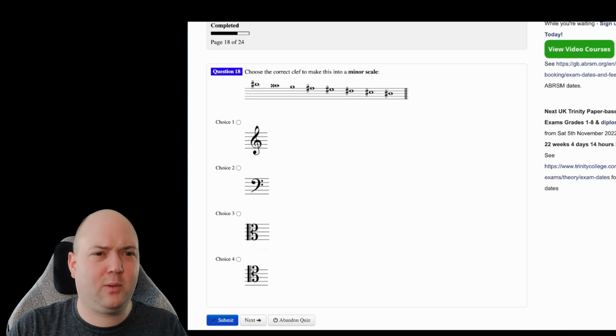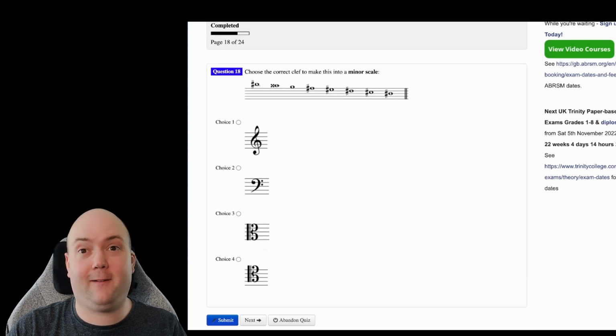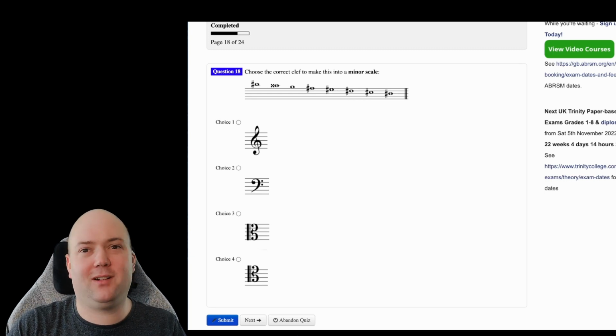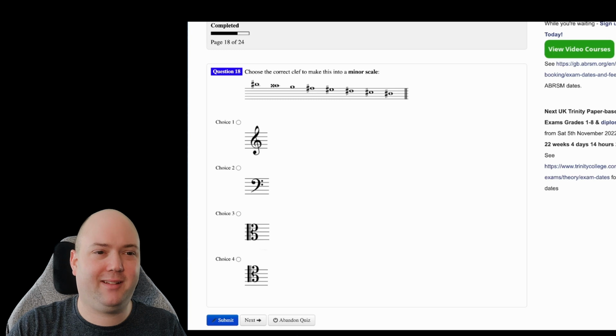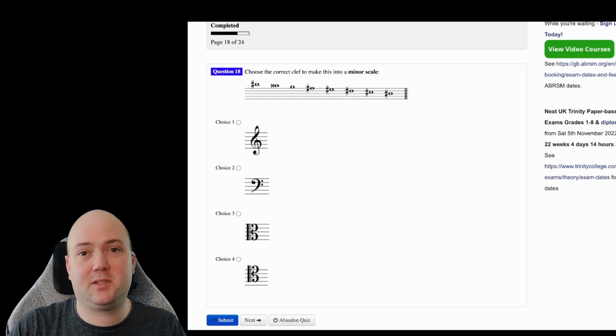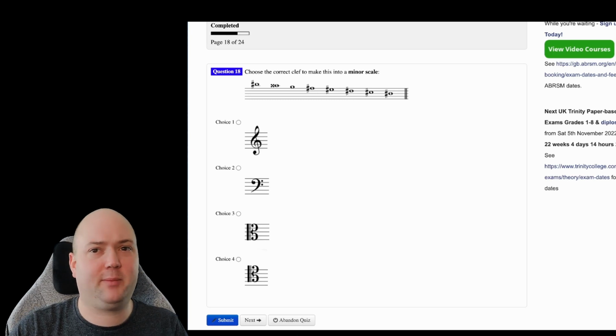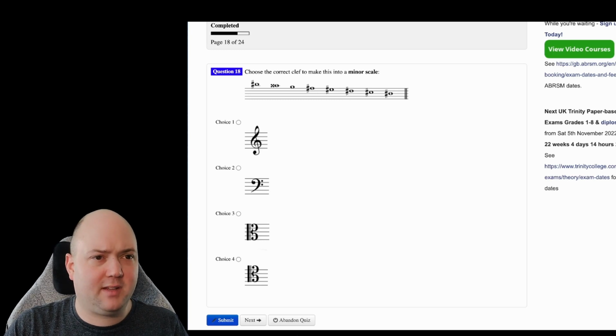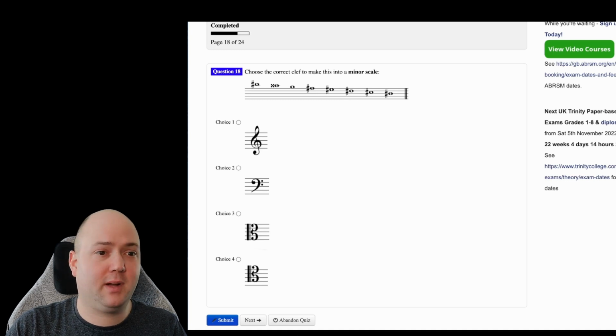Oh boy, another one of these. And they throw in a bunch of sharps. It's like, oh, let's throw in the sharps to really screw you up. It just takes longer when you don't see these kinds of scales. So treble clef B sharp. So B sharp to C sharp, that's a half step, so that's not correct. I'm reading from right to left, by the way, because I don't think you could see my mouse, to go up the scale. So B sharp to C sharp is a half step, so that is not correct for a major or minor scale. In bass clef, we would have D sharp to E